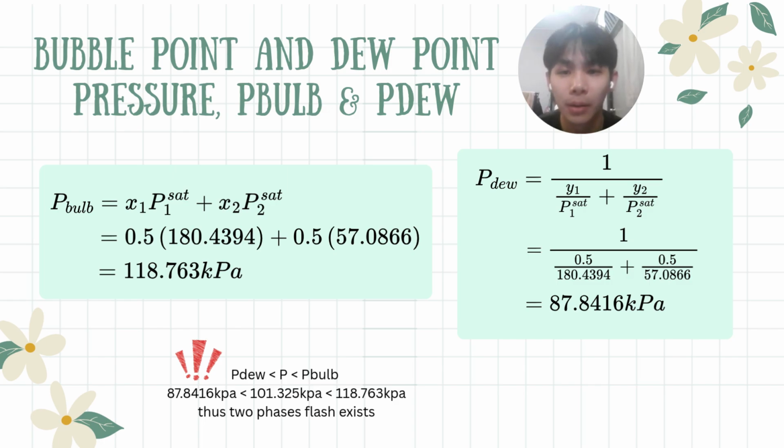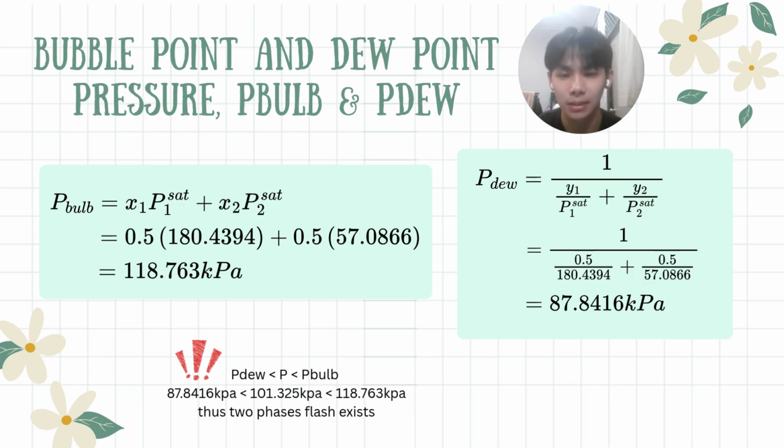To calculate the bubble point pressure P bar, we use the equation P bar is equal to x1 P1 sat plus x2 P2 sat, and eventually we can get the bubble point pressure P bar is equal to 118.763 kilopascal, while the dew point pressure P dew is equal to 1 over y1 over P1 sat plus y2 over P2 sat, and eventually we can get the dew point pressure